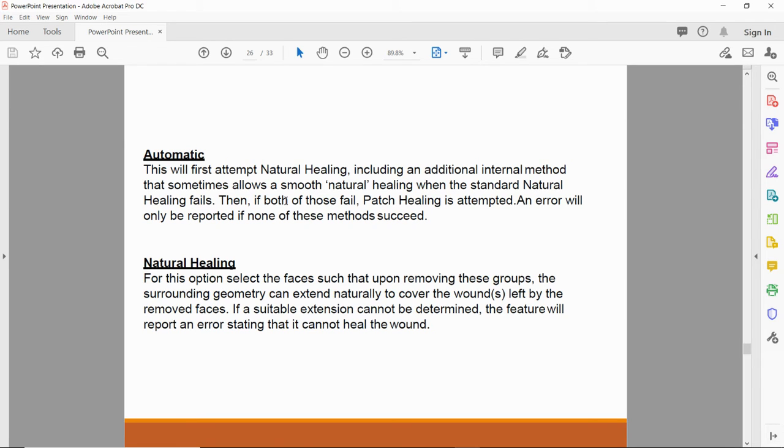Then if both of those fail, patch healing is attempted. An error will only be reported if none of these methods succeed. So the Automatic method first tries natural healing, then natural healing with some additional healing method. If both fail, it will try patch healing, and if that also fails, it will give the error. So we will see natural healing.